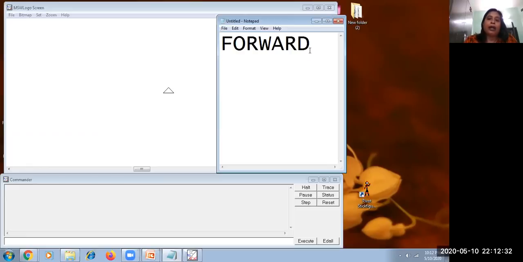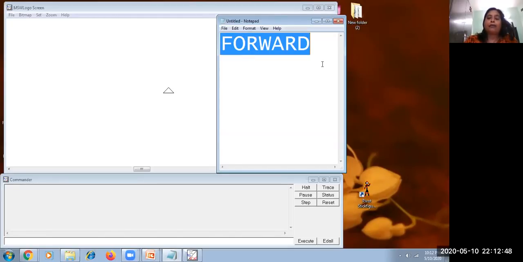Now, if I say only forward, the next question will come, how much? So we have to tell the number of steps. Forward 50, forward 100. Where do we write this command? We have to write each and every Logo command in the command input box.